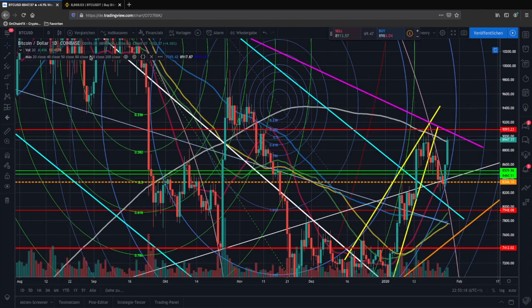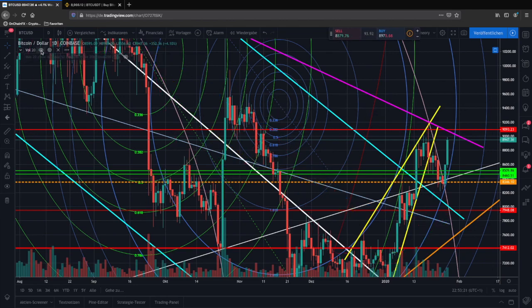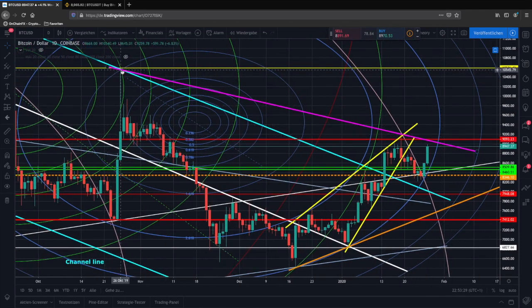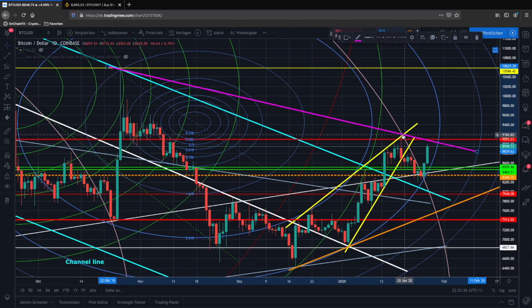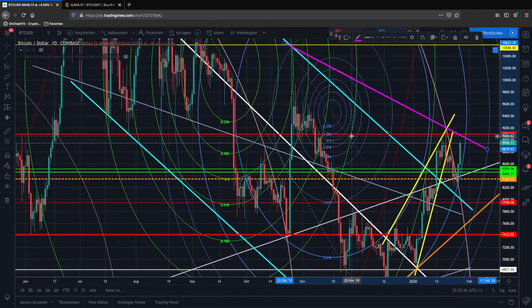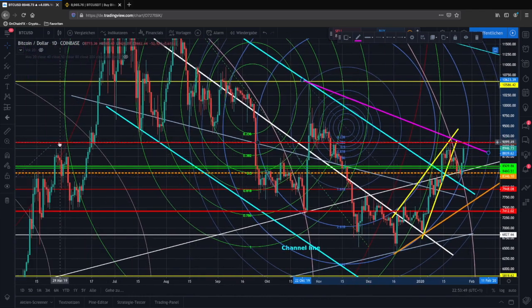Now, something else that I want to show you is what I think is the major level to watch. We had this peak right here at 10,500 approximately, all right? When we connected with this one, then as you can see, we're very close to it, all right? And you see this red line right here? Look at this red line, how important this red line is for the previous price action. Look at these wicks that really touched this perfectly. It played a huge role at this point right here as well, acted as resistance, as support, as a resistance, and even if we go back